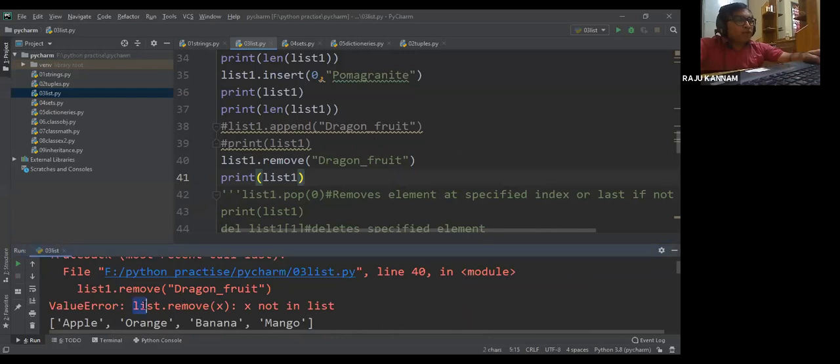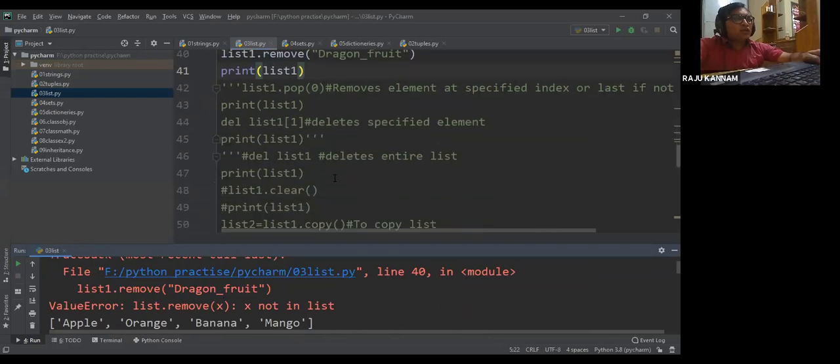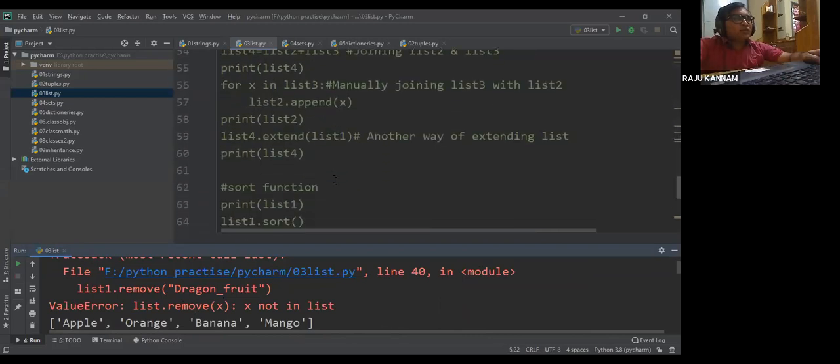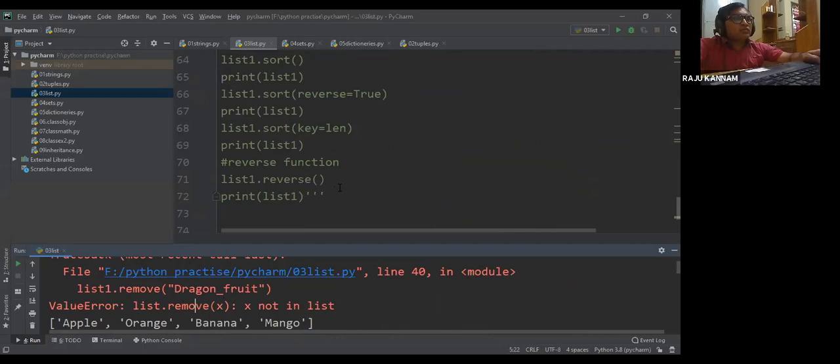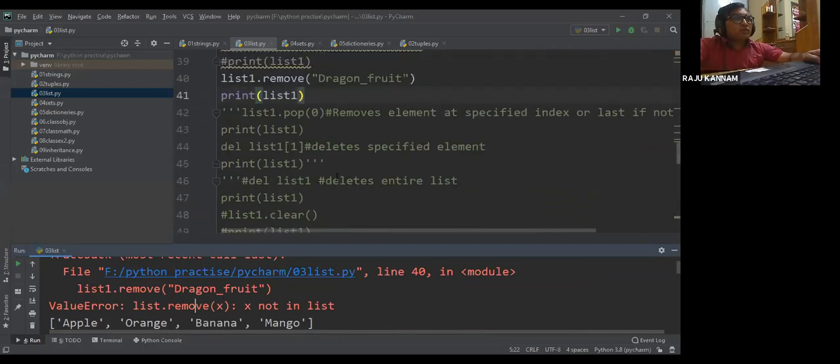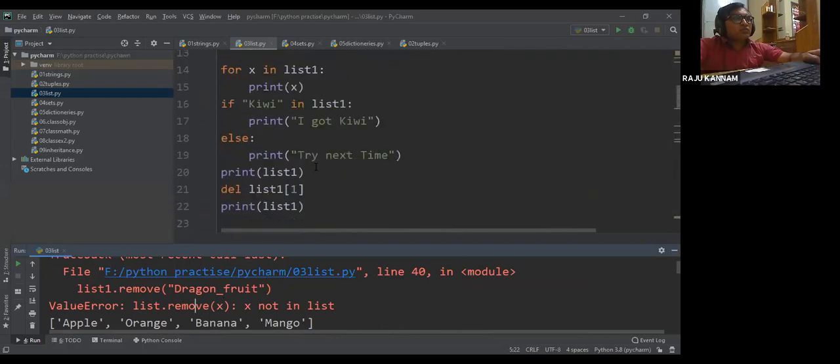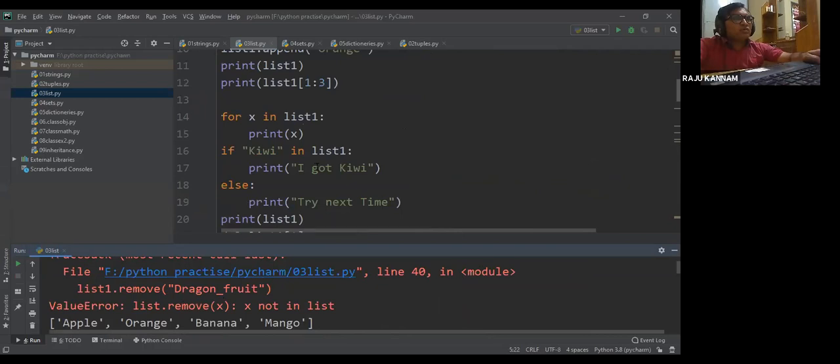ValueError: list dot remove x. Where is that list dot remove x? Maybe some commenting issue. Somewhere some commenting issue, any missed commenting.